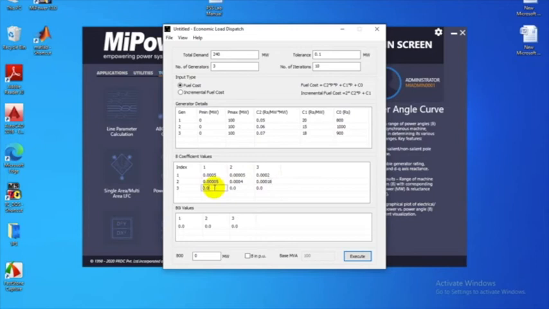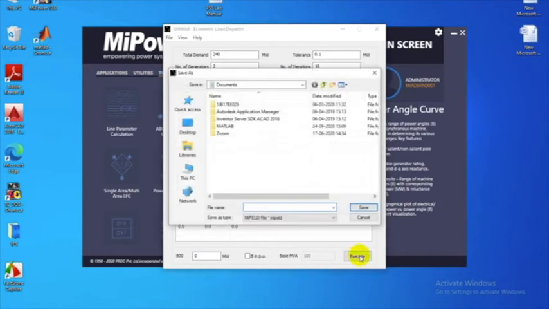B31 should be B13, which we know already is 0.002, and B32 is B23, again 0.0018. And B33 should be 0.005. Once you do that, we can execute.